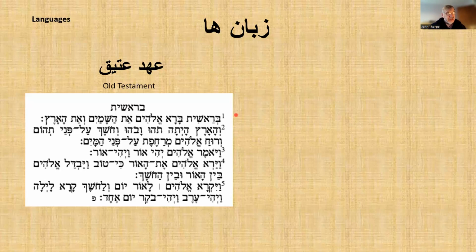But so you can't quite, a Hebrew speaker couldn't quite read Aramaic, and an Aramaic speaker couldn't quite manage Hebrew, but they're almost the same. They didn't take much to learn one from the other.